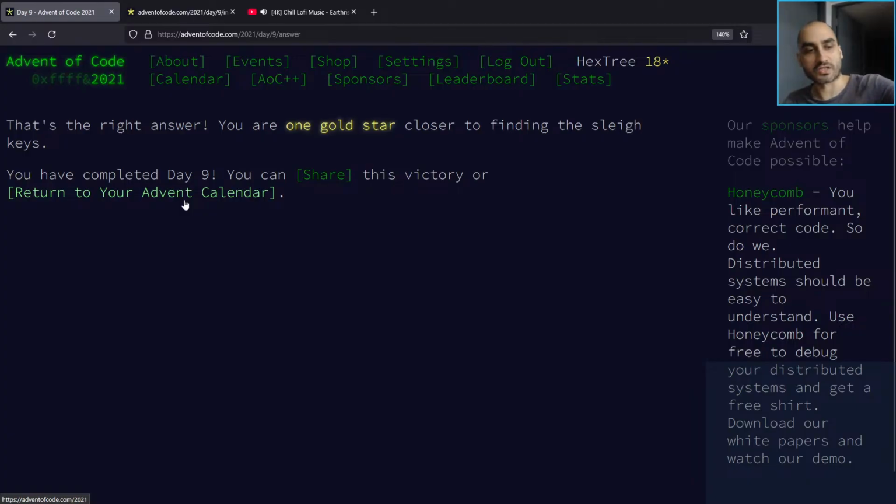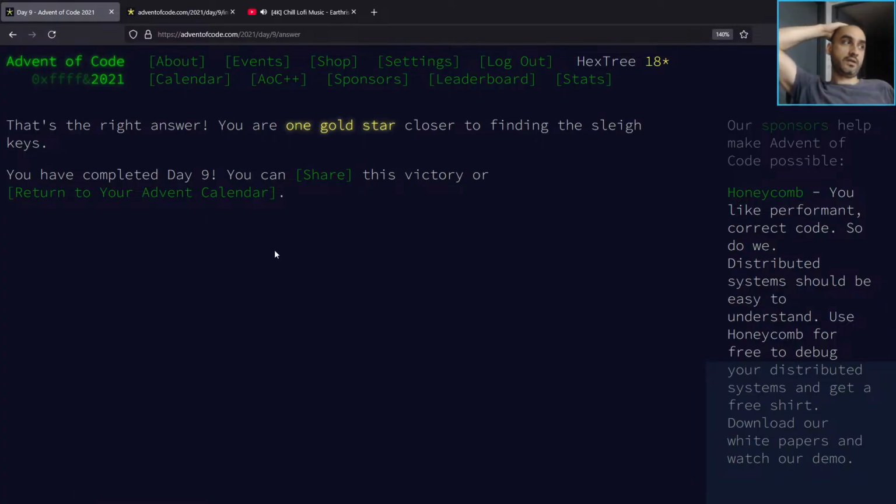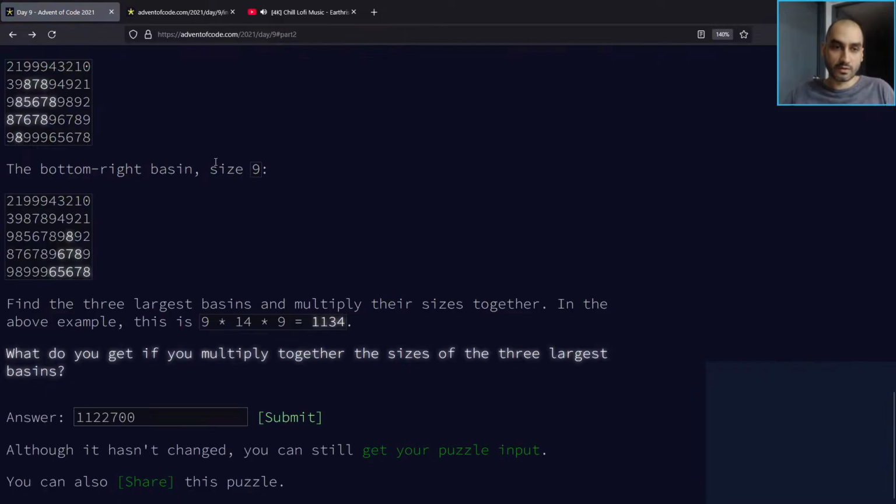Nothing particularly difficult, just write the most basic DFS. You don't need to measure distances. You don't need to keep track of the actual set of elements, or at the end of the day, you just want to return the size of the set. So you just use a basic set to keep track of what you visited, and yeah, that's the most fundamental. The only complexity is that you had to do it more than once. But that's about it. And you had to recognize that the 9s form the border, which was pretty much spelled out in the description, but